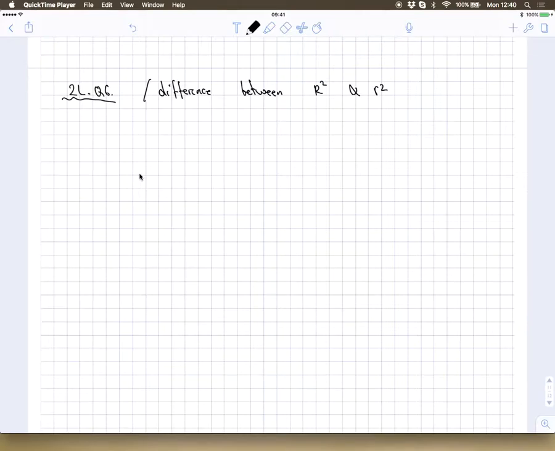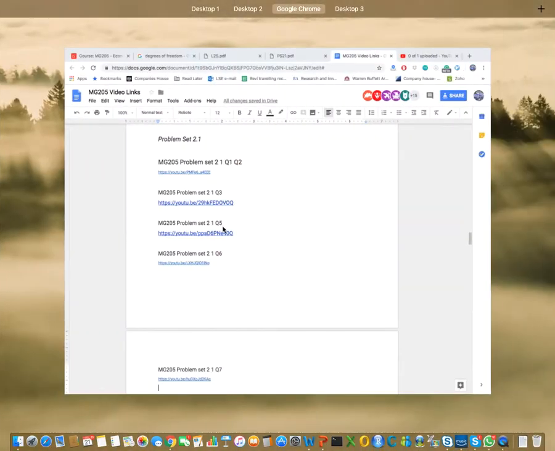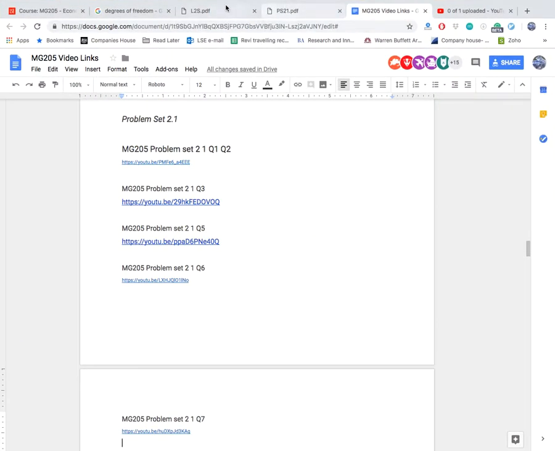I'd like to focus on a question that students ask about what's the difference between R square and small r square. Okay, are they always the same thing? Are they different? And I'd like to try and illustrate this by using in-lecture exercise 6. Okay, so if I go to that in-lecture exercise 6,